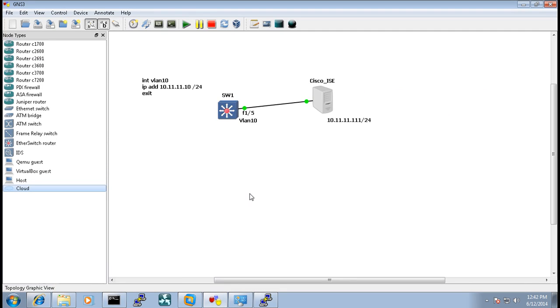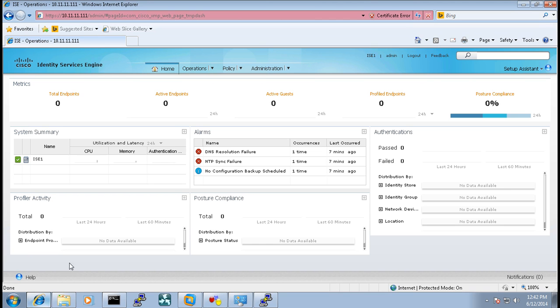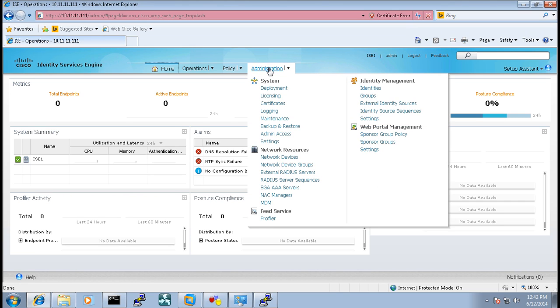So the existing topology is this, and what we are trying to see is how do I integrate both of them. And we'll see some of the troubleshooting features available on Cisco ISE. So you can go to Cisco ISE, you can go to administration. If you go to system setup and deployment,